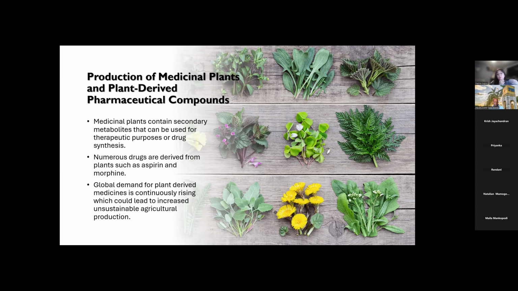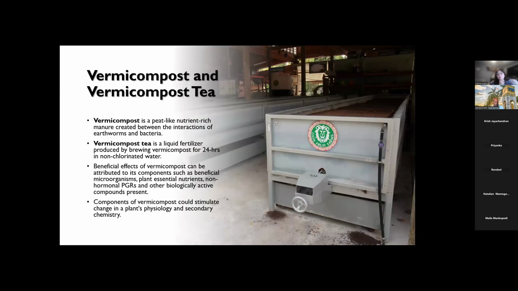So for this reason, a lot of the farmers here in the United States who are producing medicinal plants are actually transitioning into more organic agricultural management practices, and this could actually include the usage of vermicompost or any other vermicompost products as fertilizer. So vermicompost is a nutrient-rich fertilizer that's been created between the interactions of earthworms and bacteria. Vermicompost is a non-thermophilic process, and it's non-thermophilic because there's not the same amount of microbial activity as there would